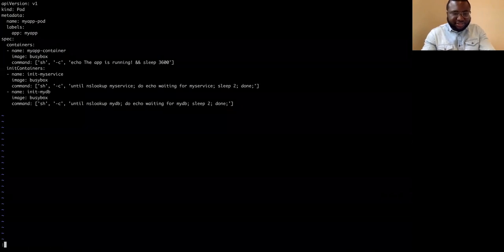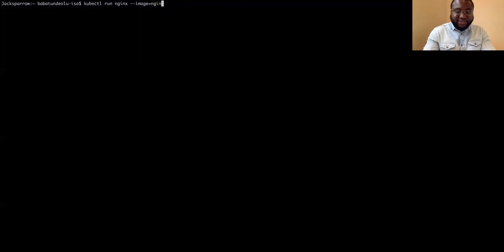let me just show this. So you can run things like kubectl run and say Nginx in this case, and specify the image. Let's go to Nginx. And then one thing you can do is specify the --dry-run command on it. And what it does is it actually just creates a manifest, right? It creates the manifest, and you can pass it into